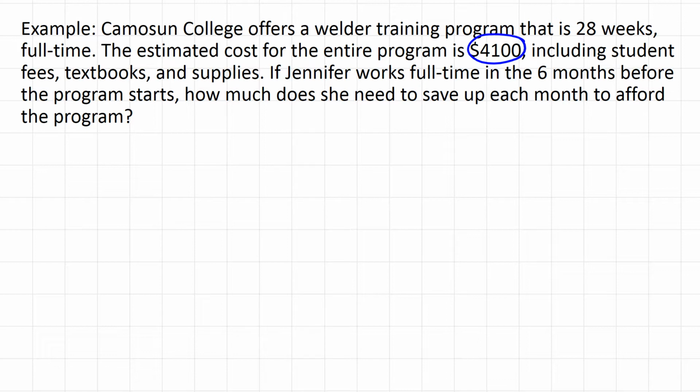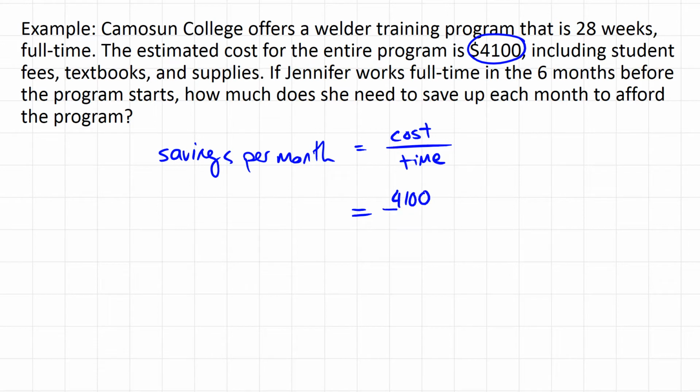So if Jennifer works full-time for 6 months before the program starts, how much does she need to save up each month to afford the program? And again, this is just the educational cost. So we're going to be calculating the savings per month. How much she needs to save each month. So to do that, we're going to take the cost and divide it by the time. So the cost is $4,100, and the amount of time she has is 6 months. So $4,100 divided by 6 months, we're going to get